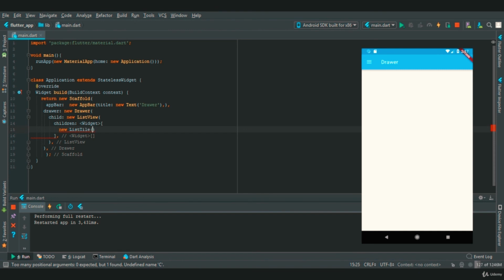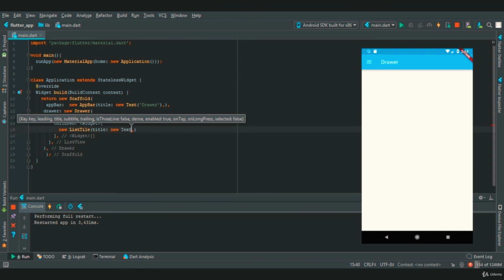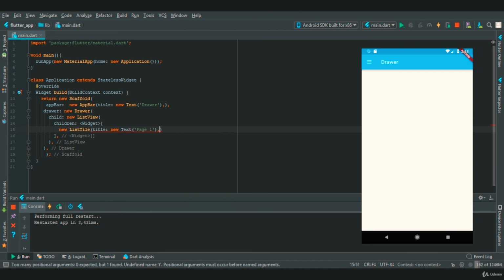Let's give a title to a list tile, which takes a widget, so text, and here we will say page 1, and we are also going to provide trailing, in which we will provide a new icon widget, Icon. We are going to provide an arrow icon, Icons.arrow_forward.